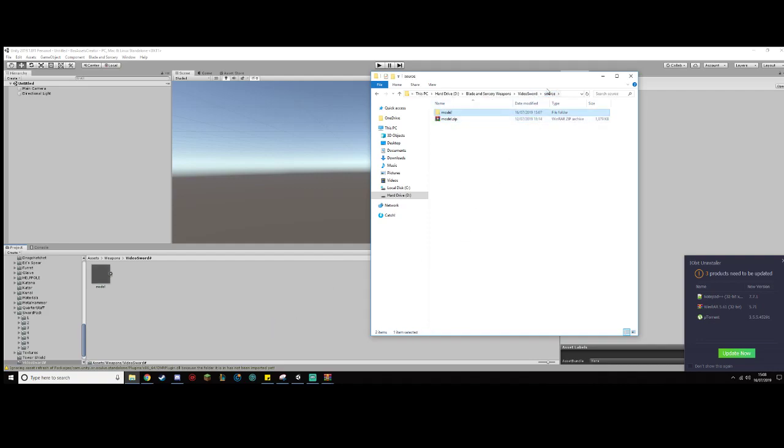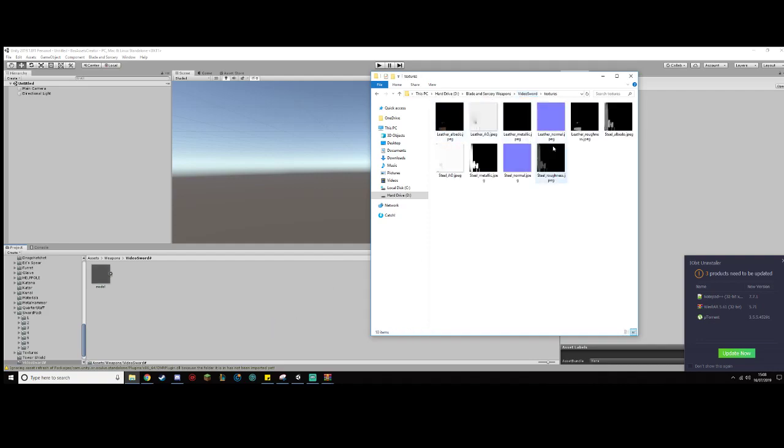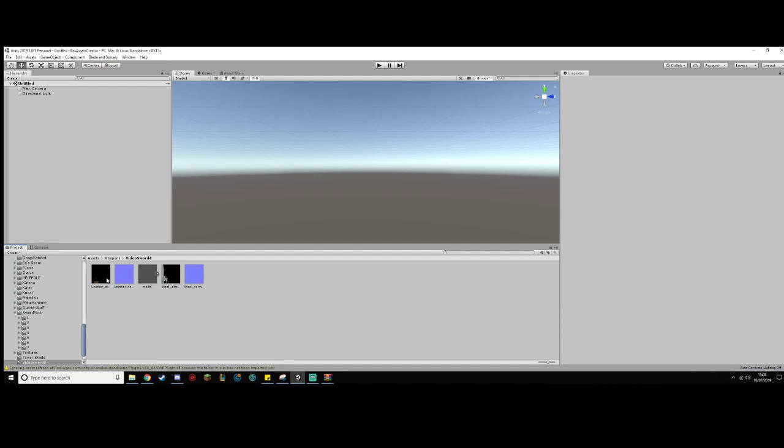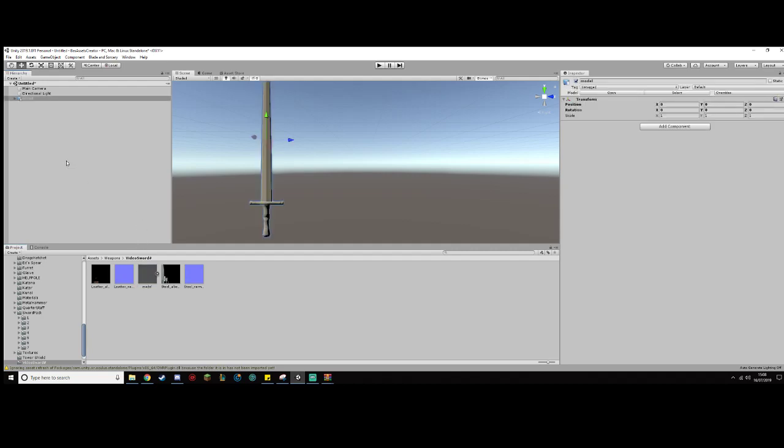and then I go into textures, and as you can see, this model is split up, which is great. I'm only going to copy the albedo and the normal textures. So while that moves over, okay. Now I drag the weapon into a box, and there we have it. There's our weapon there. Now, I don't know how big this is, so what I will do is I will